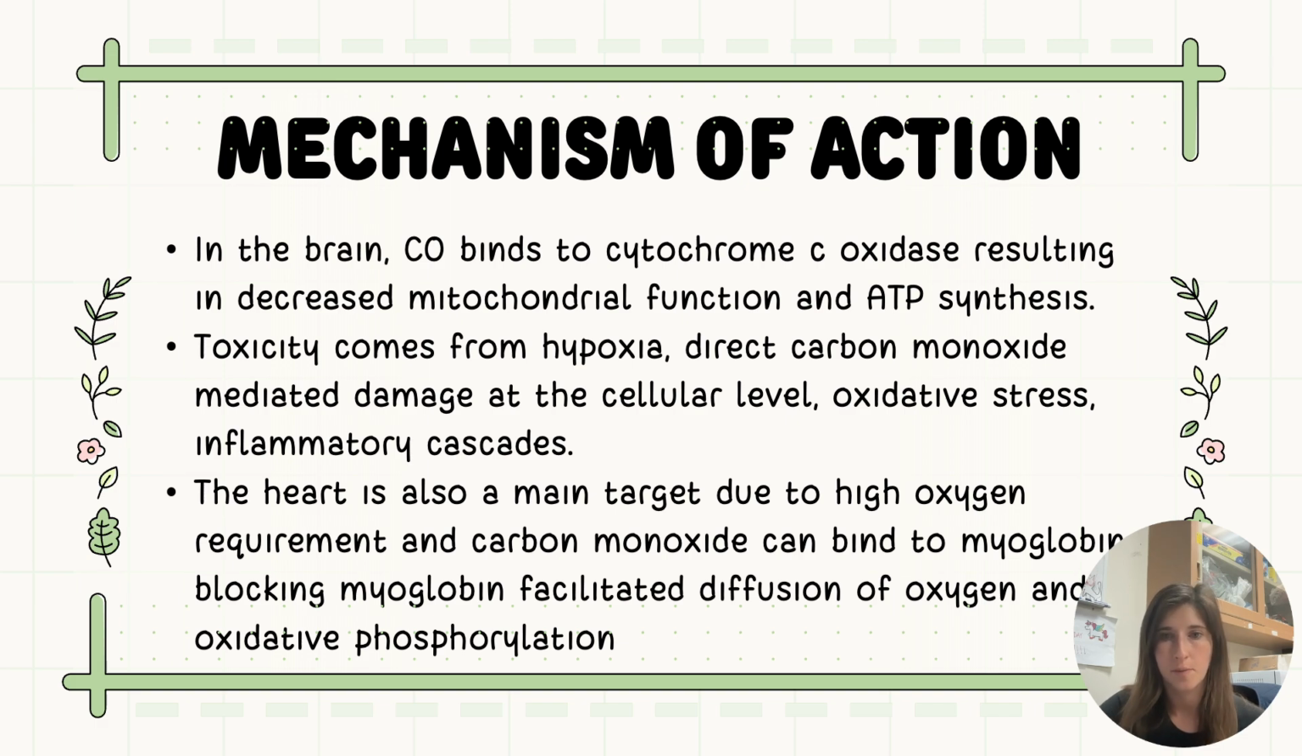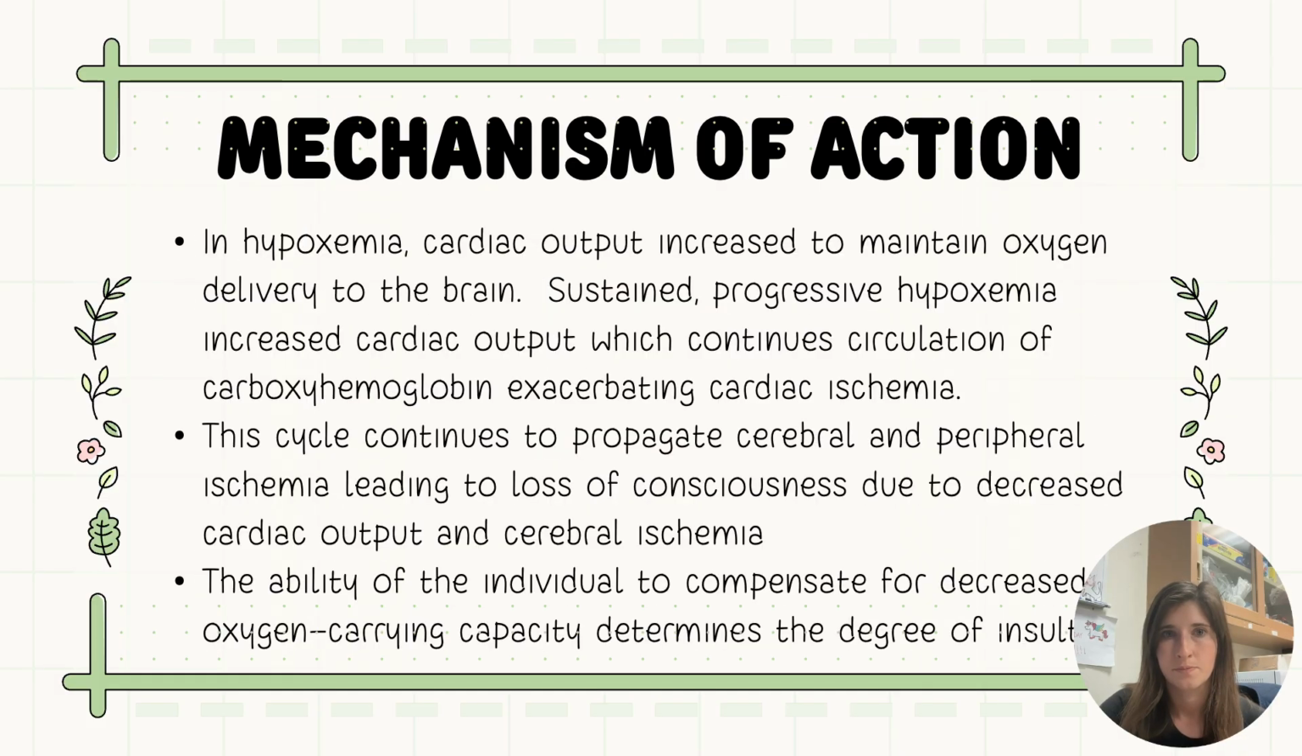So if somebody is already suffering from heart disease or if they're a heavy smoker, stuff like that is going to impact their health status, as we've learned throughout this course a couple of times, and is going to interact with their ability to handle this stress. In hypoxemia, cardiac output increases to maintain oxygen delivery to the brain. So the heart is going to begin working harder when it's exposed to carbon monoxide. And eventually, with sustained and progressive hypoxemia, cardiac output is going to be maximized until it can't compensate for the